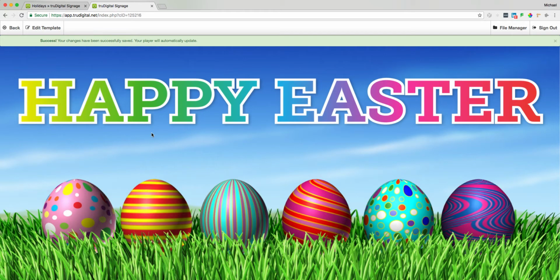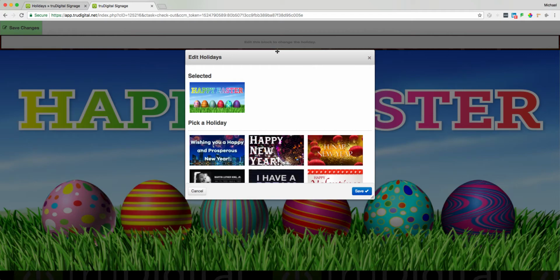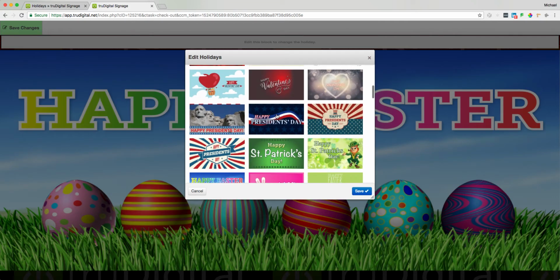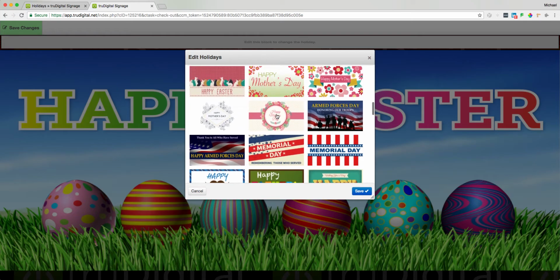And then I'll see a preview of what this template looks like, and I'll click Edit Template to make any changes. Click this block up here at the top to change the holiday, and then you'll see a bunch of different pre-made graphics that you can choose from. So I'm going to scroll down here. Let's say we want to use the Happy Mother's Day image, or one of them. I'll simply click on it and click Save,